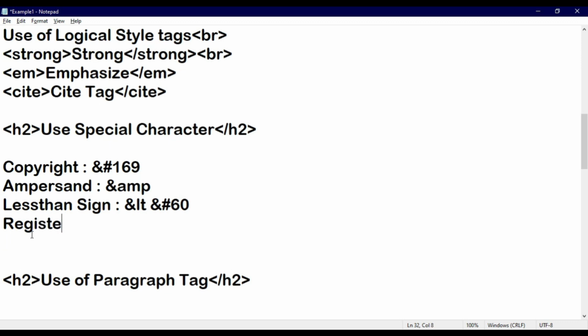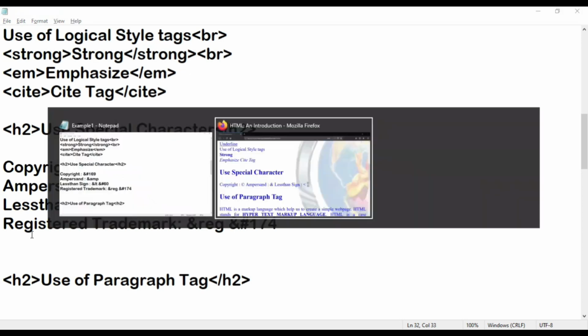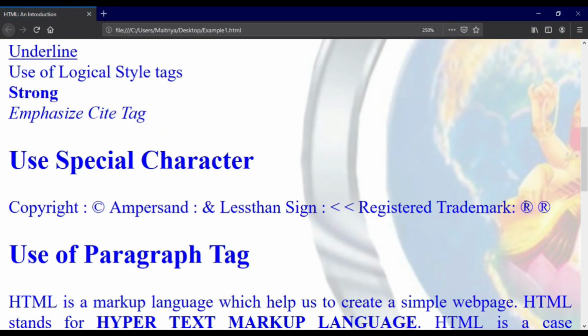Along with that, suppose you want to set the registered trademark symbol, then first of all I am writing the spelling, registered trademark, right? If you have your own textbook, students, check it out: inside your textbook they have written in a table ERG on page number 31. But you do not have to write ERG because it is a spelling mistake. Instead of ERG, we have to write REG. Or if you do not want to write REG, then you can write & and hash 174. By providing this numeric value also, you can set that registered trademark symbol, which right now you can see over here, right?